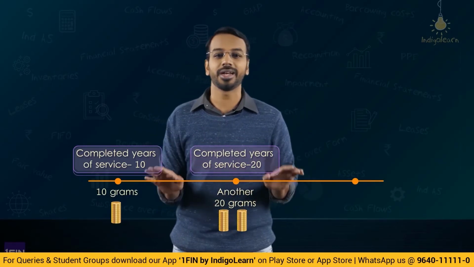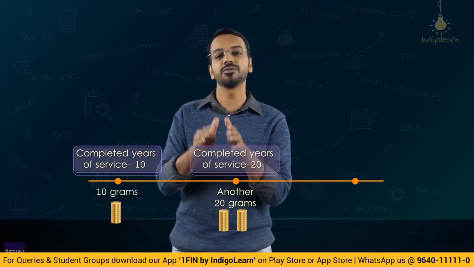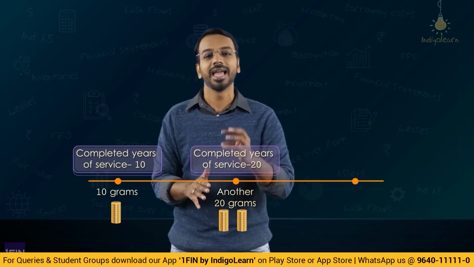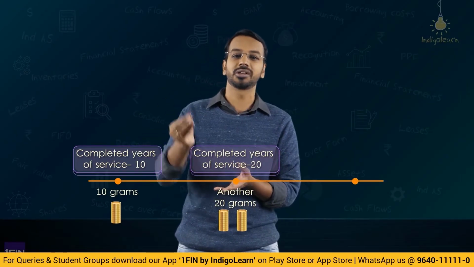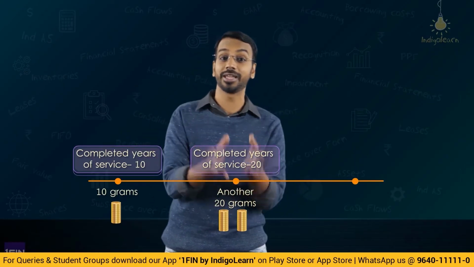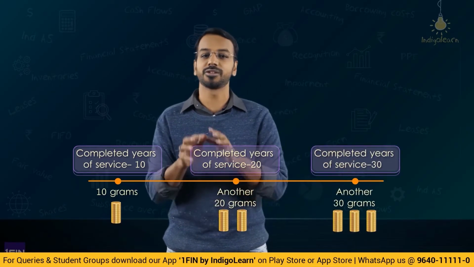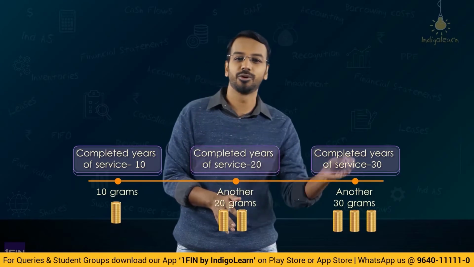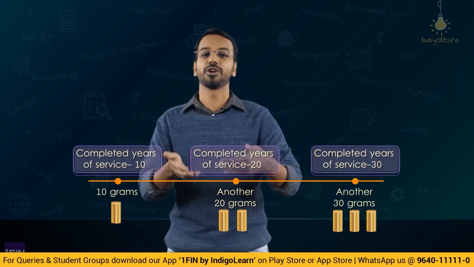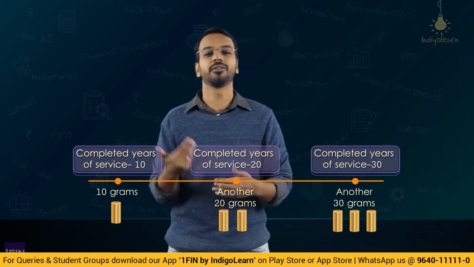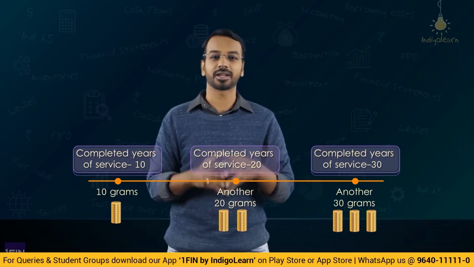Now this was not documented anywhere as a part of the employer-employee contract, but this was something which was being followed in the company, and any employee who completed 10 years of service used to get that long service recognition, 10 grams of gold, then 20 grams of gold, then 30 grams of gold, and at the time of retirement, however many years you have completed, those many grams of gold would be given to the employee. Now, I think this scheme has been withdrawn because the government said that you're not allowed to compensate over and above the CPSC guidelines, but still, such kind of routines were also followed in the organization, right?